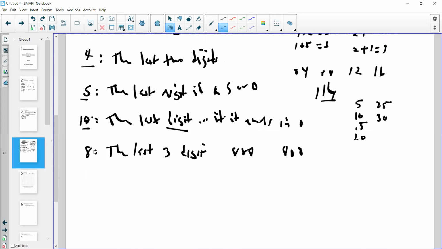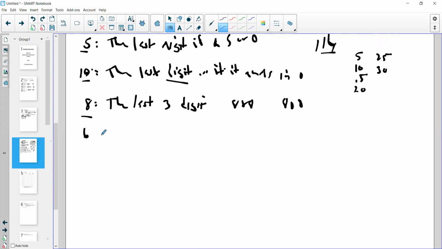6 and 9 to look at. 6 is interesting because if you think about whether 6 will divide a number, okay? Well, think of all the numbers that 6 will divide. It'll divide 6, it'll divide 12, it will divide 18, it will divide 24, okay? It'll divide 30. So if you think about 6,